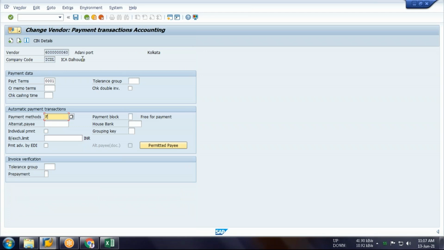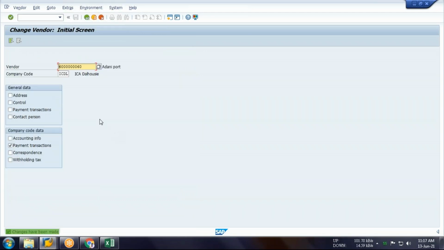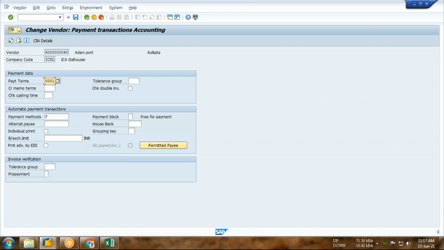Okay. So remember guys, if you want to run the vendor automatic payment, you have to do one thing in the payment data tab, automatic payment transaction: you have to select the payment method, the payment method you have selected in configuration. So here F will be the payment method that is for the check.